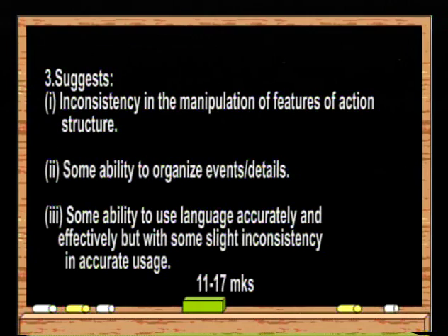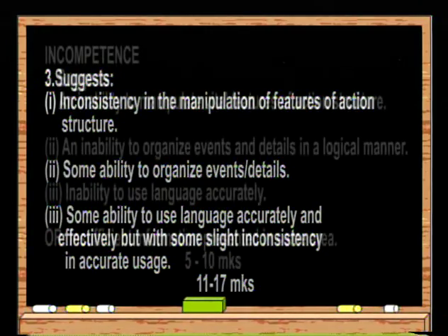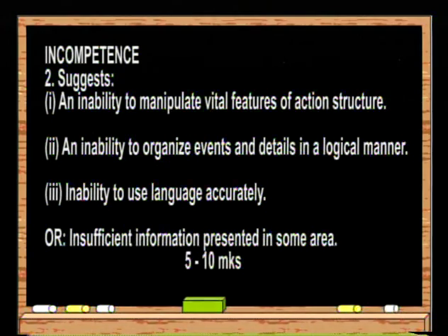For suggesting competence, you may have inconsistency in the manipulation of features of action structure, some ability to organize events and details, some ability to use language accurately and effectively. 11 to 17 marks may be awarded in this section. Then there is incompetence. Suggesting incompetence, an inability to manipulate vital features of action structure, an inability to organize events and